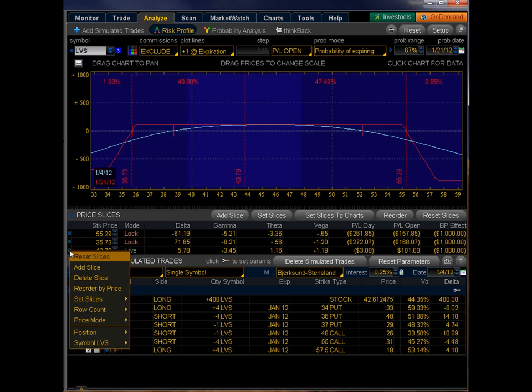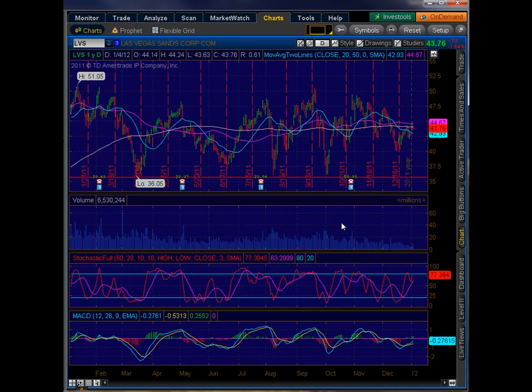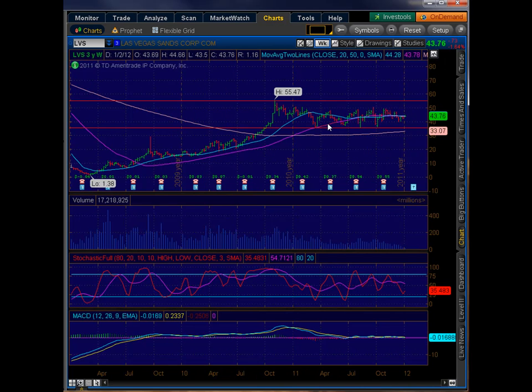And let's take a look at it on the graph and see how much room I actually had. Okay, so this was the break-even on the low side, and the break-even on the high side is not even on the graph. It's so far up there that it's not even showing up. So let's see if I can make this. Yeah, there we go. So this is the break-even on the low side. This is the break-even on the high side. As you can see, this stock,